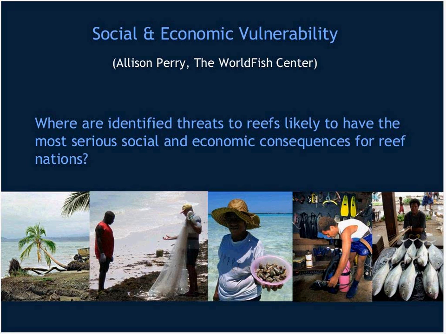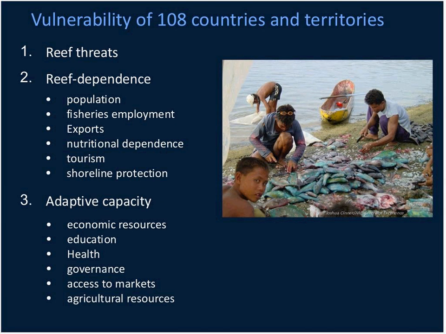First is the work largely done by Alison Perry, one of our co-authors, which looked at the vulnerability of people to the degradation of reefs. And we tried to work out who and where people were more likely to be threatened. The approach we took was to use the reef threat maps that I've just been talking you through, and to try and build some models at the national level of dependence on reefs and the ability to adapt to change. And you can see the sorts of layers we were using to try and estimate those two,